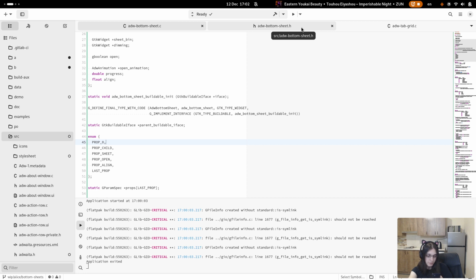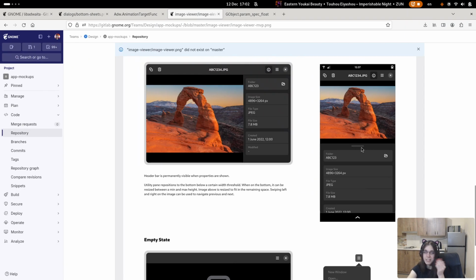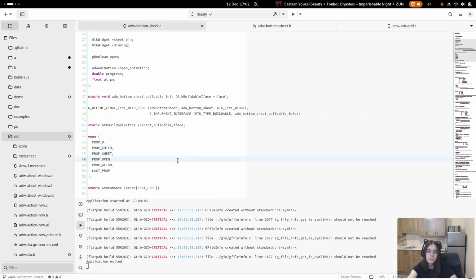Where are maps? I don't need series suggestions. Where's OPS? So, for example, here there's a drag handle, a small indicator that it can be dragged down, which is basically the same thing as here, but it shouldn't be everywhere. Like for example, dialogues don't have it. So again, it should be optional.